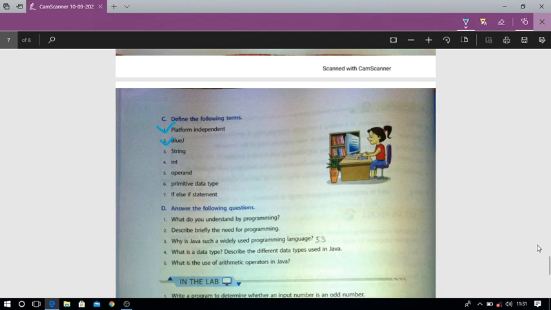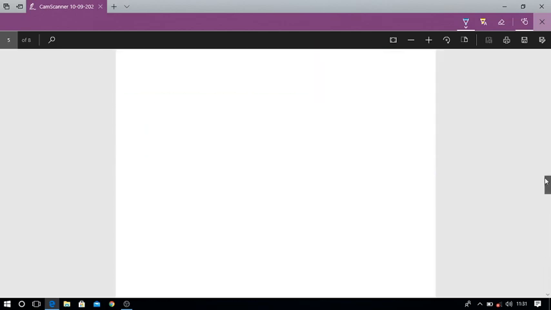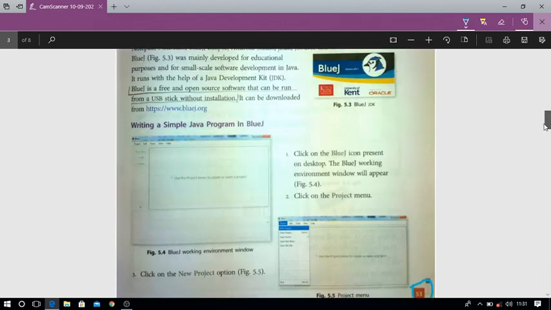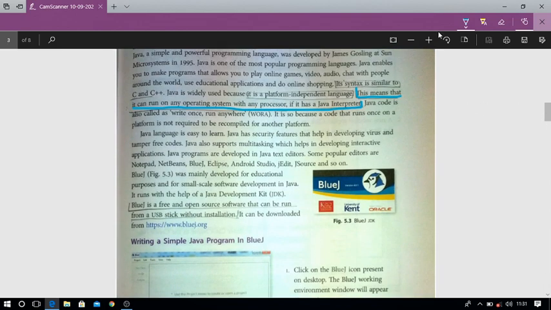So we go to the same page number, we will find it there. So page number 53, again page number 53. Firstly erase this one. Okay, so on page number 53, you can see that BlueJ is a free open source software that can be run